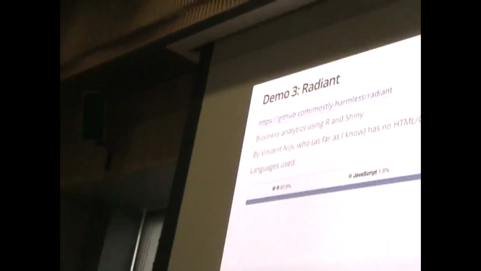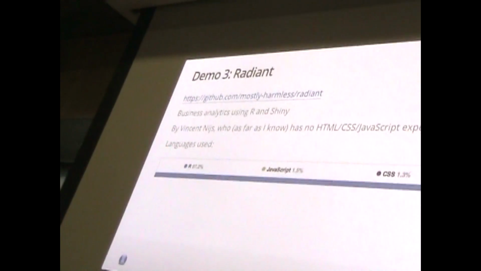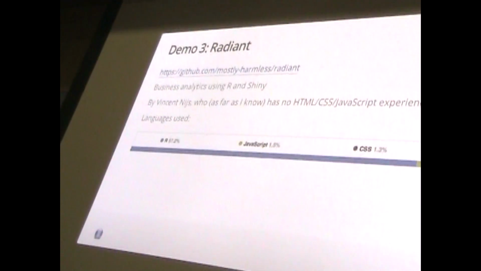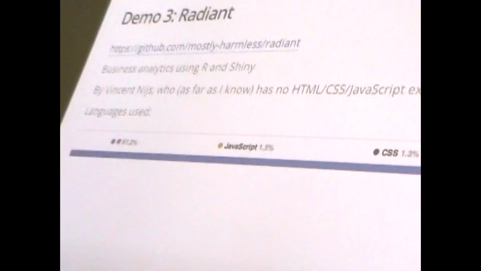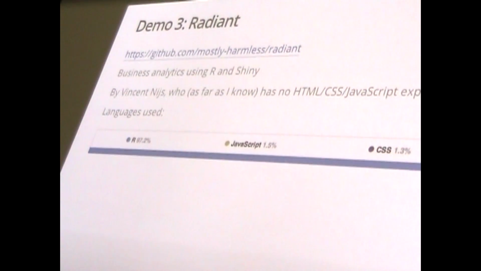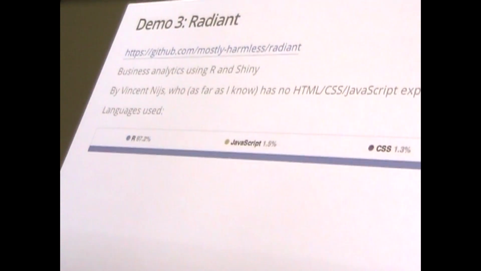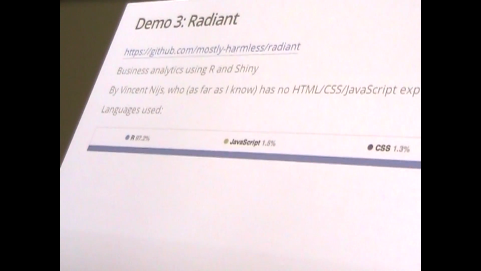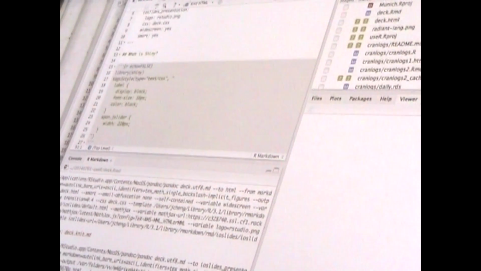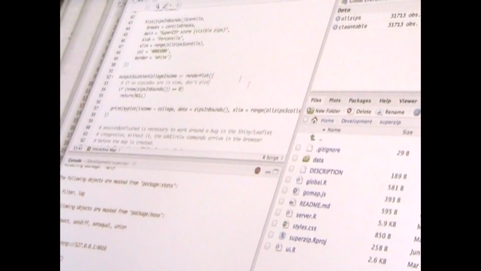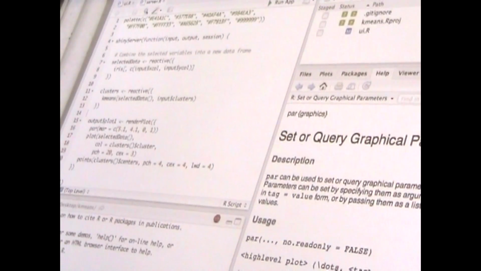Okay, and then really quick, I just wanted to show an application by a guy named Vincent. I'm not even going to try to pronounce that. He, as far as I know, has zero experience with web development and was one of the earliest Shiny users, and he was so excited that finally he could realize some of these ideas that he had with creating user interfaces using R. He's a professor of some kind of marketing or something, and he came up with